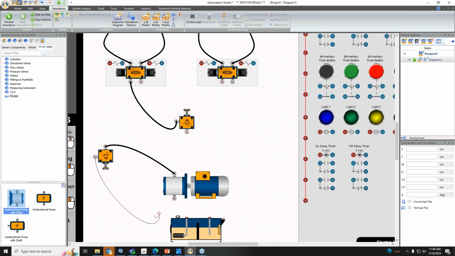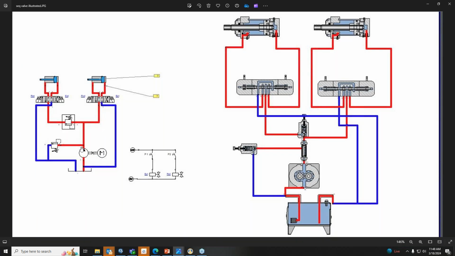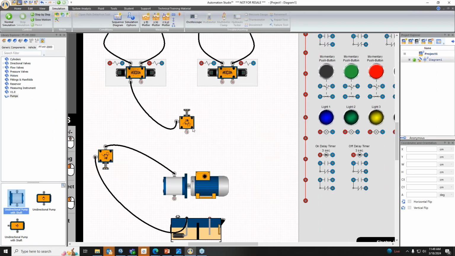So I'm making the similar connections that we have used in the previous circuit. Okay, now here if you observe in the circuit you can see multiple lines. You can also see in this circuit multiple lines, and in one connection only we have made the connection for the DCV, relief valve and the tank. So we have to do the same thing over here, but you cannot do the connection in